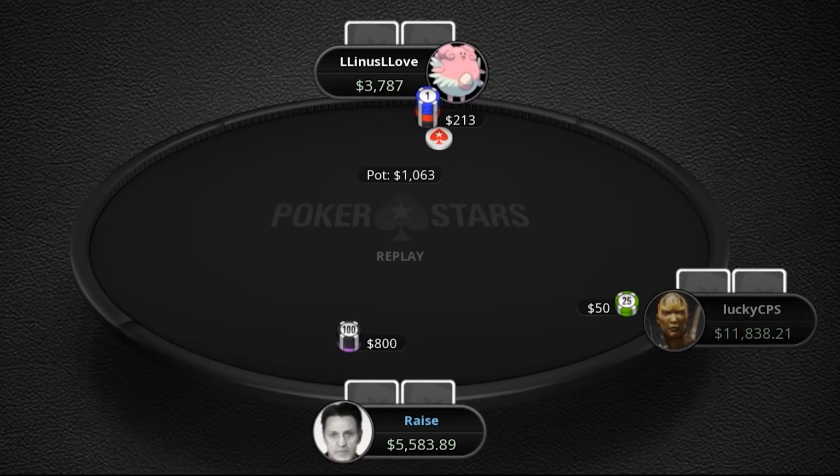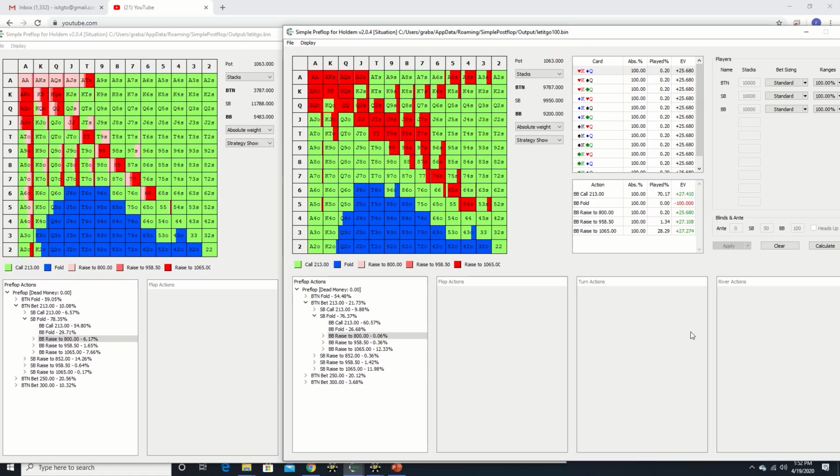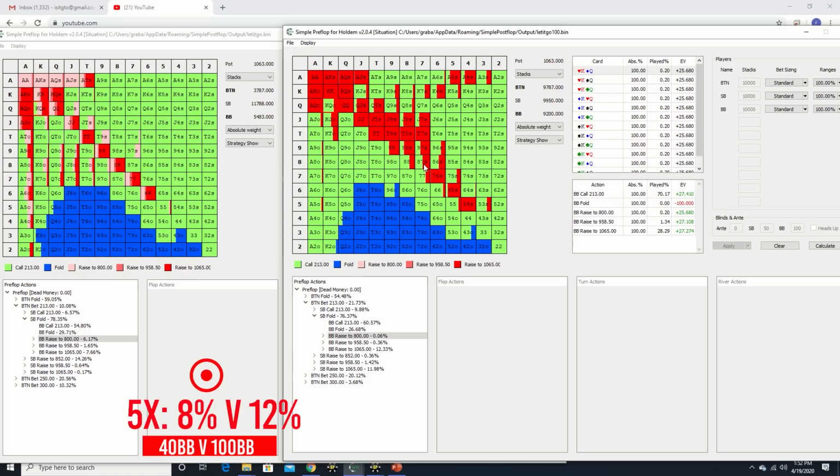Ja 3-bets with Queen of Diamonds, King of Clubs in the big blind around 3.75x Linus's bet, and we see that at this stack depth, the solver is mixing its play between calling, raising this sizing, and raising 5x. However, if we switch over to the 100 big blind sim, we see that the solver overwhelmingly favors the larger 5x raise in this spot, again despite all other variables being the same.